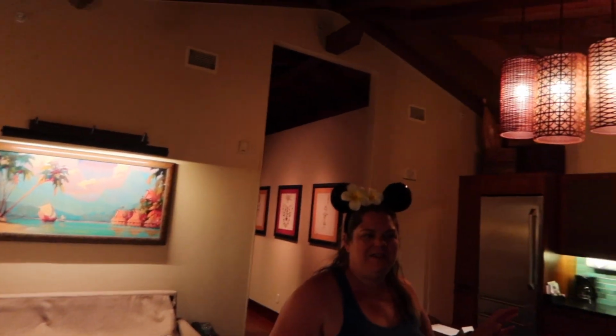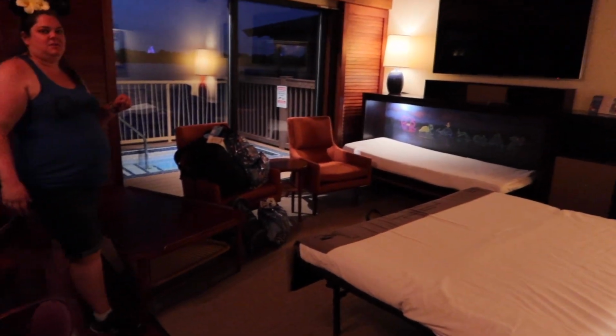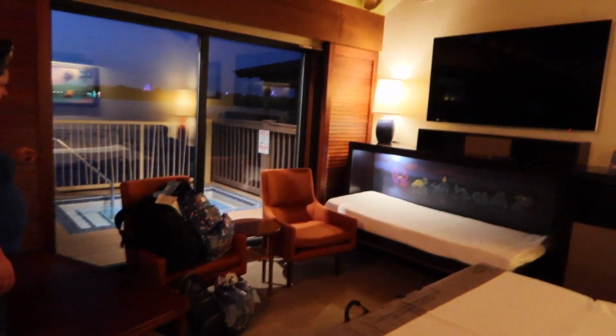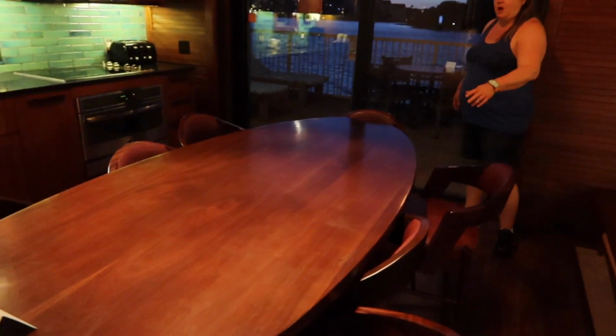Let me get a different angle for you guys, because that's kind of important. So this is with them all pulled out. Really, there's enough room for a walkway and being comfortable. But I think if you were doing this, you probably would want to fold that one back up just to have that room. Well, of course, but this is just to show if you had everything pulled out. And of course, you got a table. Yeah, it fits. That looks like a long board, like a long surfboard kind of shape. I'm going to flip this because it actually has a